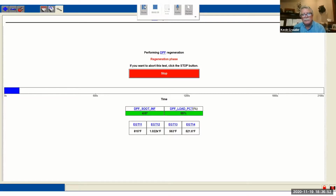And look at it. It's probably 50 degrees out here this morning, really cold. And look at how quickly that catalyst heated up on this thing. Okay, and we should be able to start watching as that